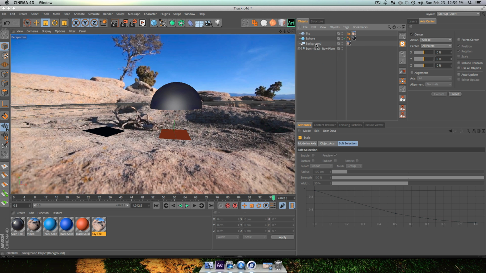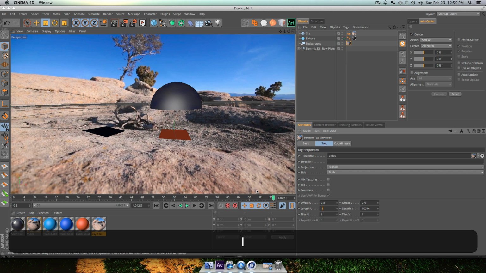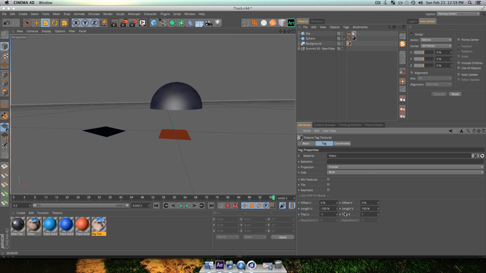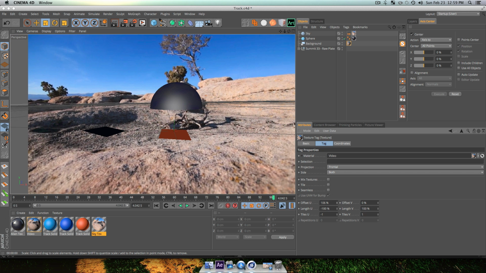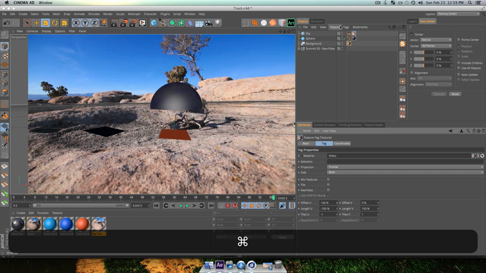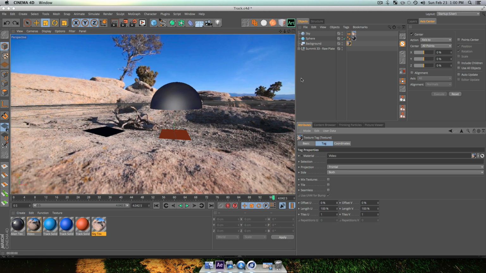So what we're going to do, I'll show you a quick example and then I'll show you why. In your background, if you go down to your length and set it to -100, it's going to disappear, but I'll just move it over so we can see. I've now flipped the channel, so now the little tree's over here. So that's what we're going to be doing on the sky object. It's just going to be hard to see. So I'll do Command Z twice to delete those changes so we have our background back here.